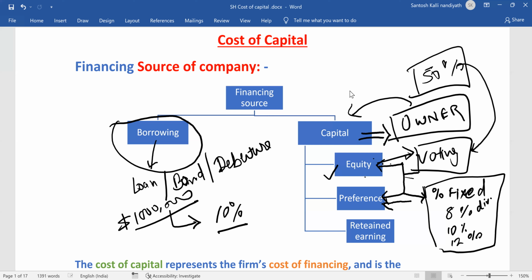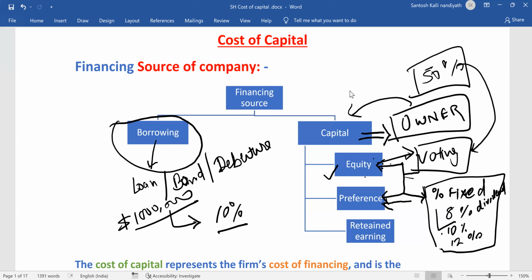The company gives dividends. Suppose you want to buy shares of Apple, you can buy. If you buy an equity share of Apple, you become an owner of the company. Then what will you get? If the company is doing well, they can provide you a dividend. That dividend won't be fixed. That is the case for an equity shareholder. But suppose you are buying a preference share, where the dividend is always fixed, 8%, 10% or 12%, only that fixed percentage of dividend the owner will get.